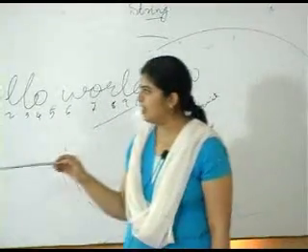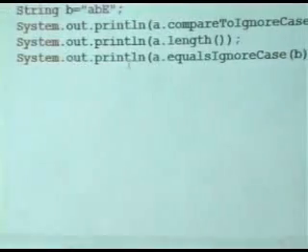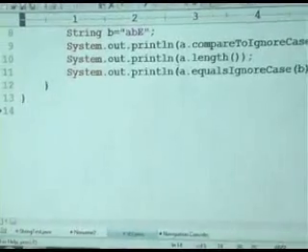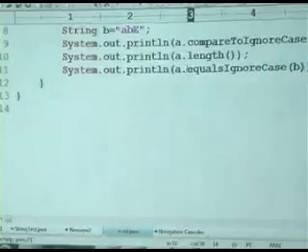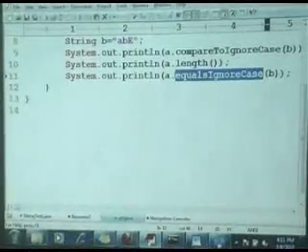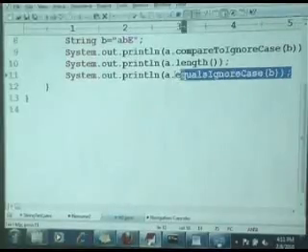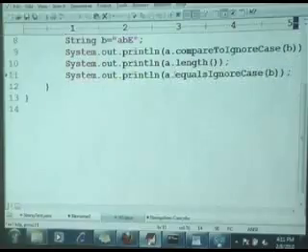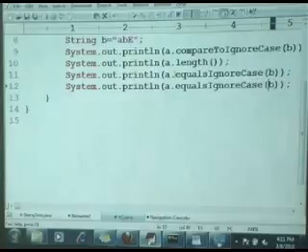Okay. So, let's try this out. Let's go to system.out.println. Now, we are going to say a dot charAt, copy line number 11. Can you please copy line number 11? Okay, and paste it on line number 12. Okay, now say a dot charAt,